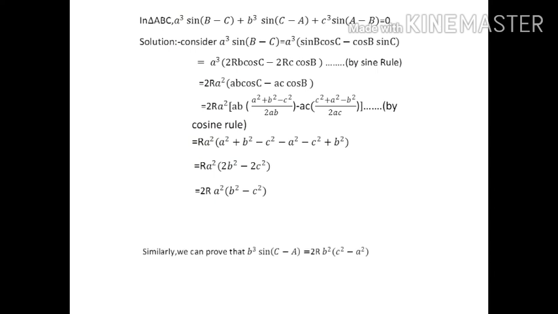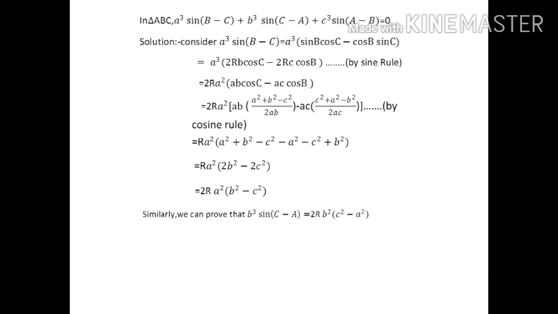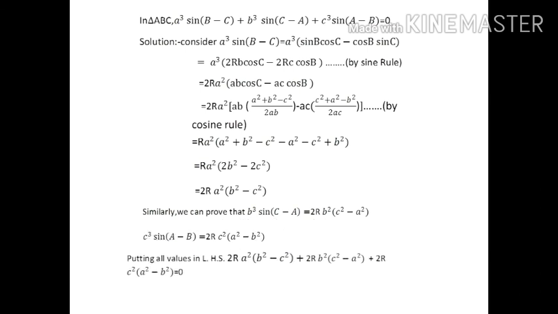Similarly we can prove b cube sin(C minus A) is equal to b square/R (c square minus a square), and c cube sin(A minus B) is equal to c square/R in the bracket (a square minus b square). Putting all values in the LHS, so we get finally